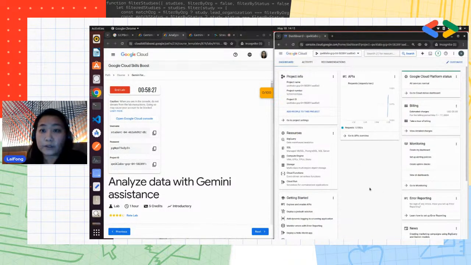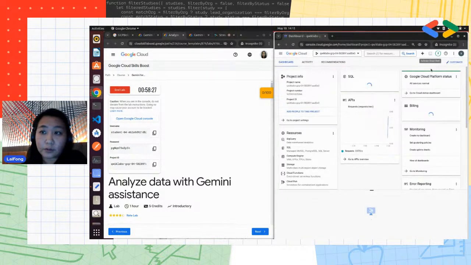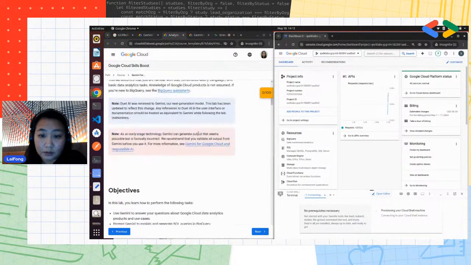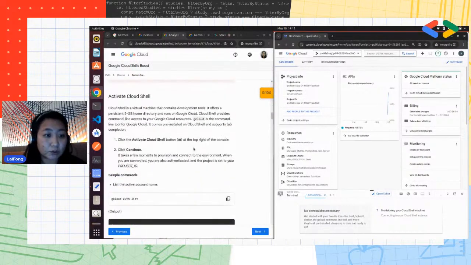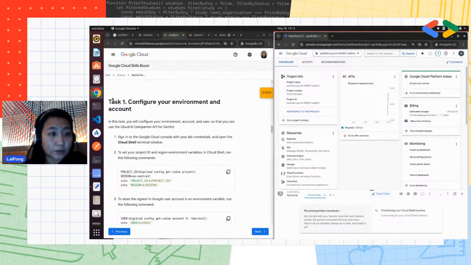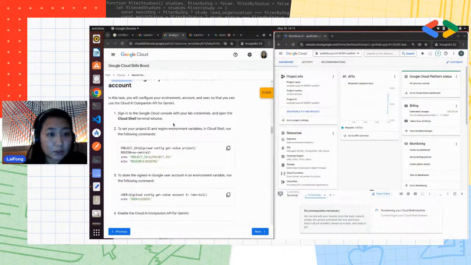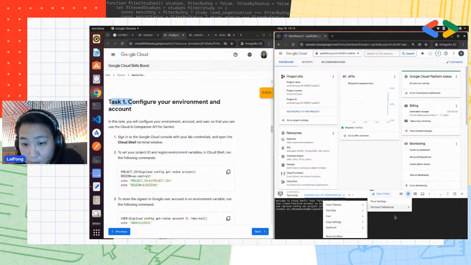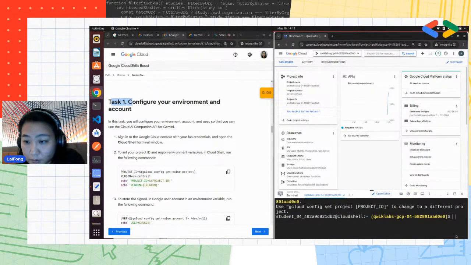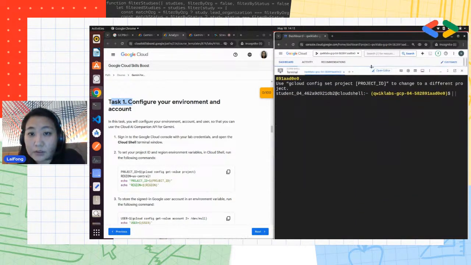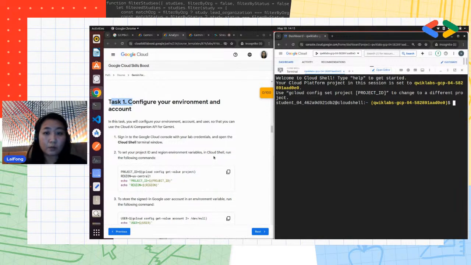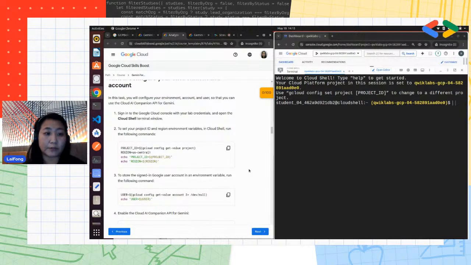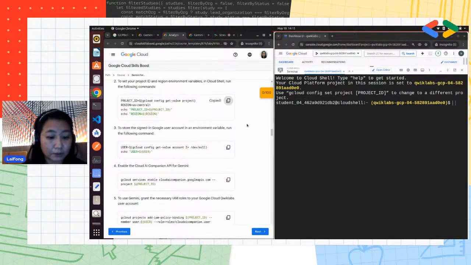So when you are here, you just click to activate the terminal console. So you can go to task 1. While waiting for that, I will increase the text size so that you can easily take a look at this part. So now what we are going to do first is configure the environment and do some setup, right? So first, we want to set up all these